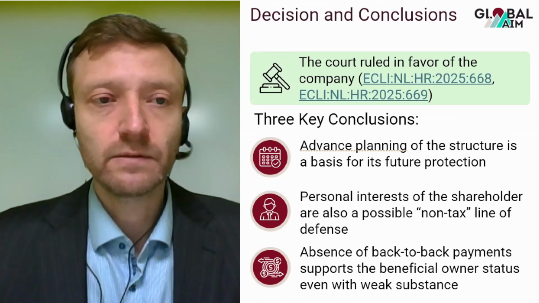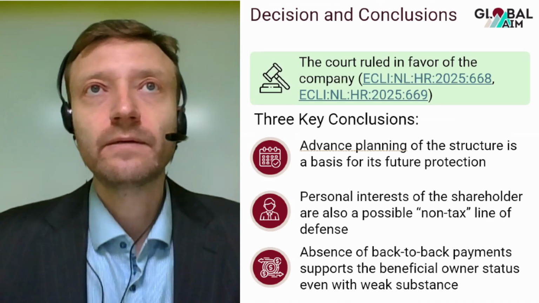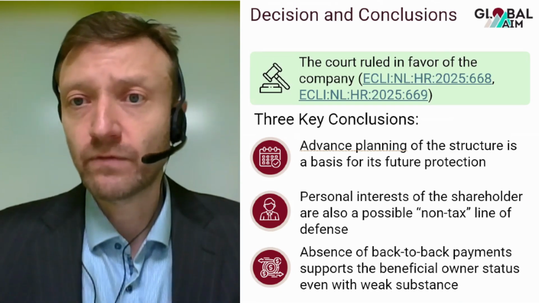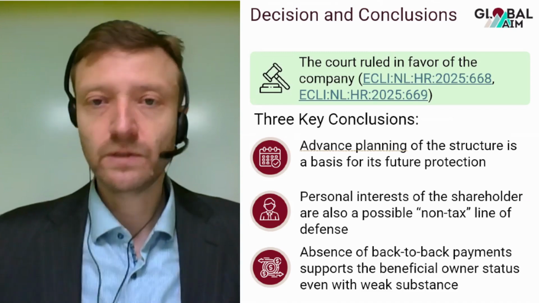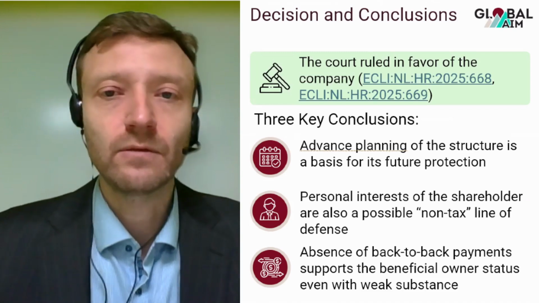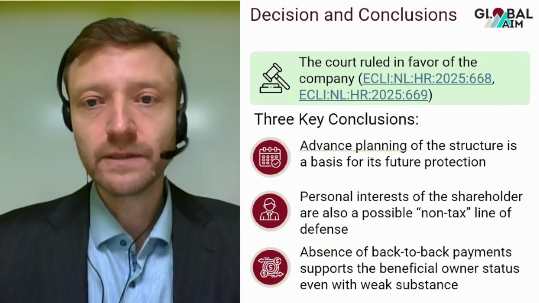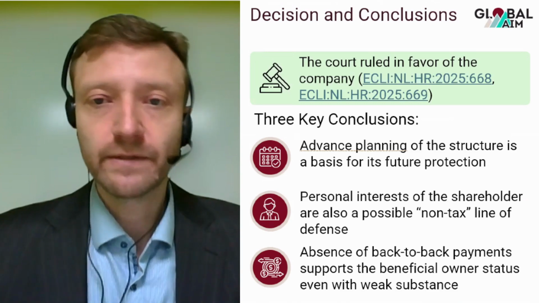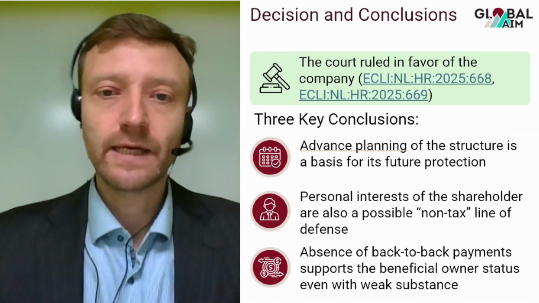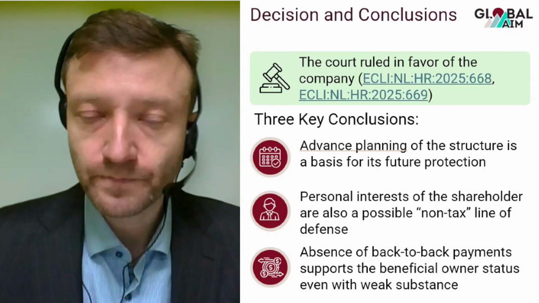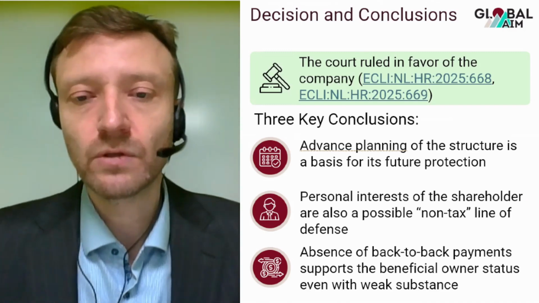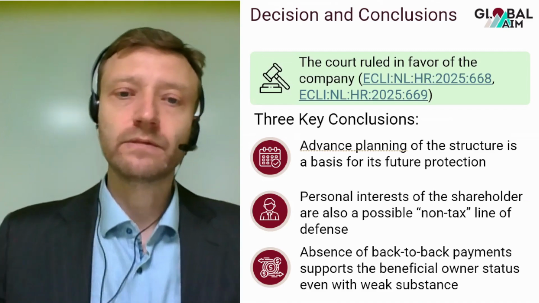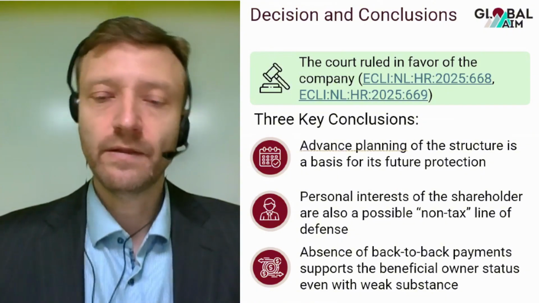maintaining a structure which is up to date and making sure that the structure is tax efficient right from the start is a good principle, which we help our clients with on a daily basis. Next, personal interests of the shareholder were also evident in this case, and this is a good non-tax line of defense of a particular structure. And finally, even where substance is weak, absence of back-to-back payments supports the beneficial owner status and the treaty benefits